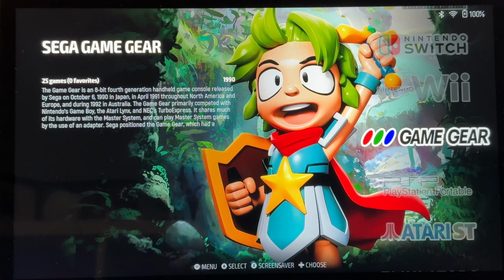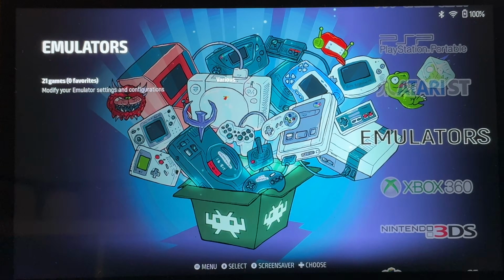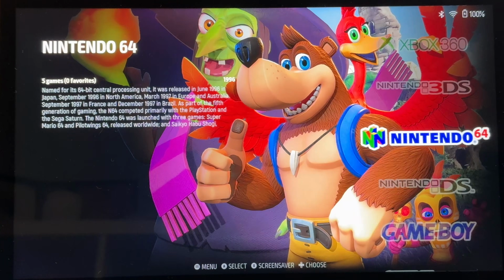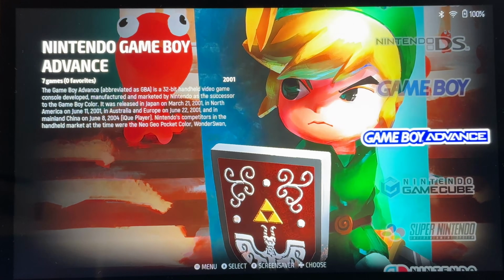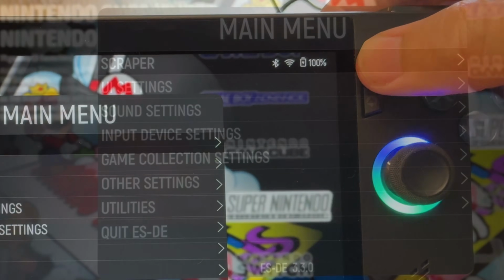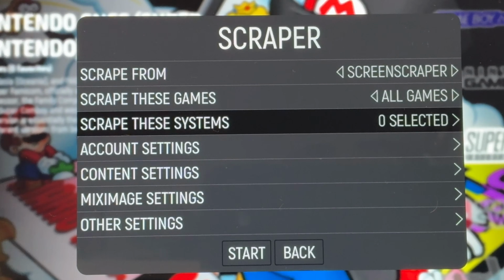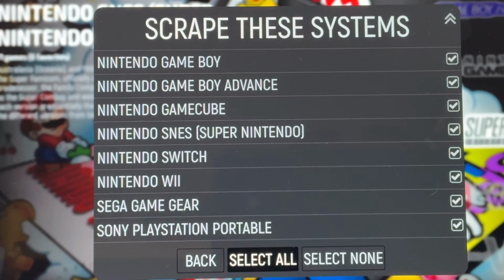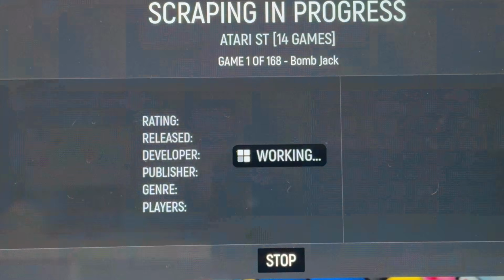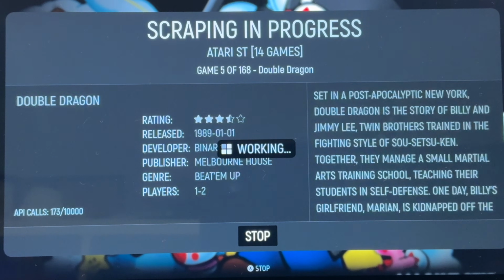All of our ROMs are categorized by each system, and to get artwork info for each of our ROMs, which in emulation terms is called scraping, hit the menu button, click scraper, select our systems, so let's select all, and click start. If you have a lot of ROMs, this may take a while, so grab a cool beverage,